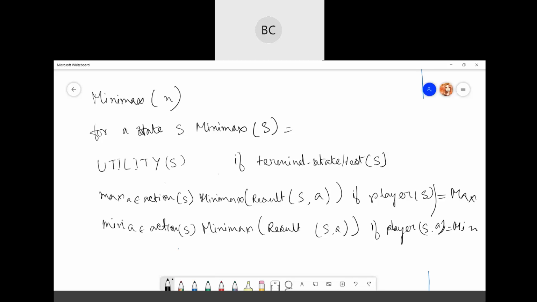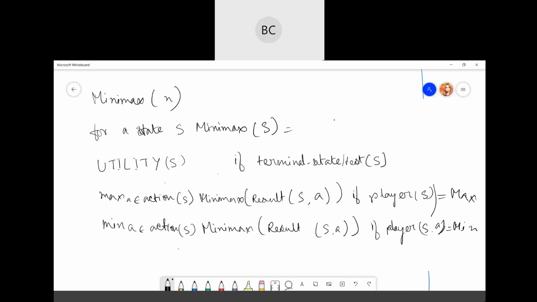Now you can see it is quite difficult even for a simple game like tic-tac-toe to explain the minimax algorithm. So how are these values calculated?